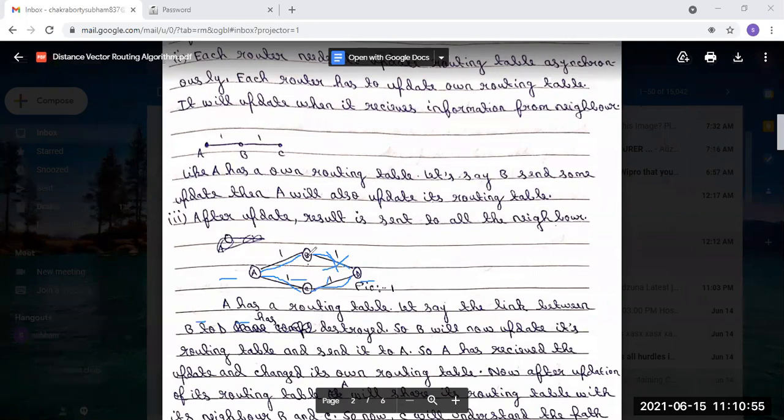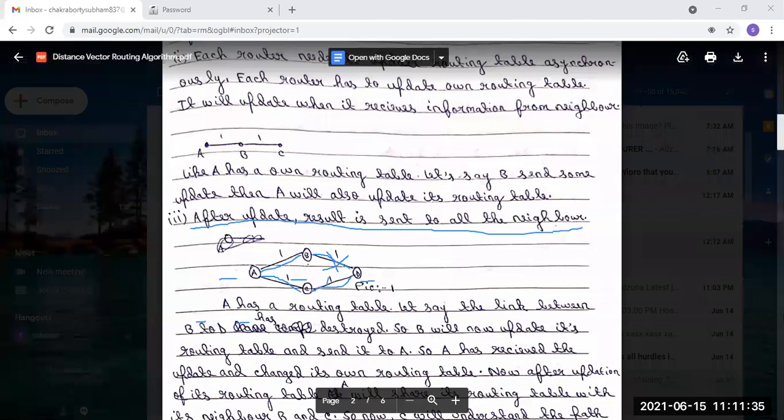B sent the update to A. A, after receiving the update, updates its own routing table and sends it to its two neighbors, B and C. B already knows, because B sent the update to A previously. But C doesn't know about the incident, so now C will know that the link between B and D has been destroyed.